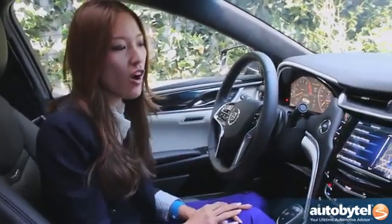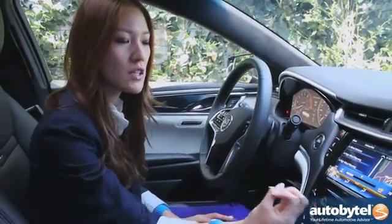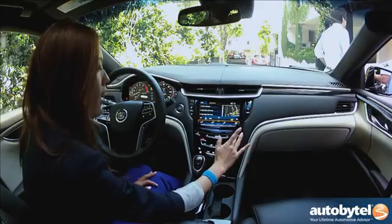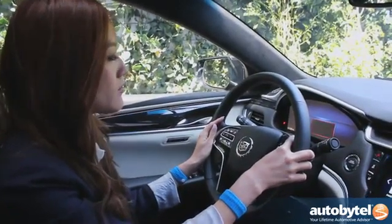Cadillac XTS will be the first vehicle to feature Cadillac CUE. It's almost like having an iPad inside your car. You can swipe, and it's got haptic feedback. So when I touch it, I actually feel a little pulse, just to indicate that I have activated the switch. Cadillac XTS also offers a 12-inch reconfigurable cluster where you can change the layout in 4 different designs. We have 6 different color combinations that we're offering in the XTS, and this particular version, which is a